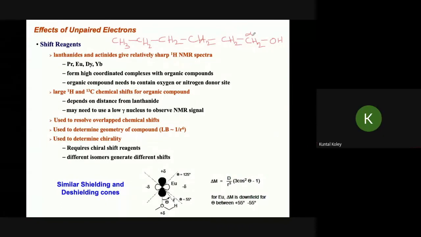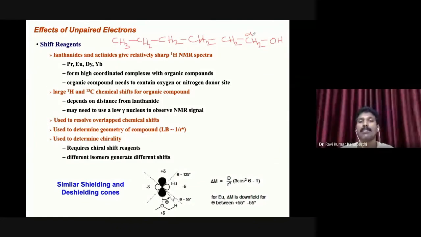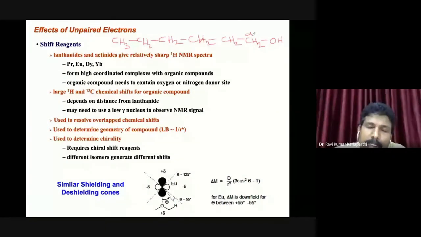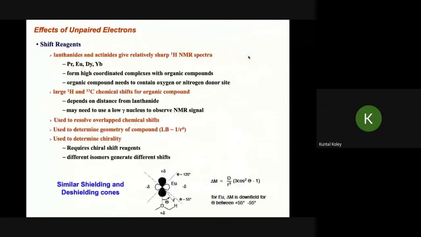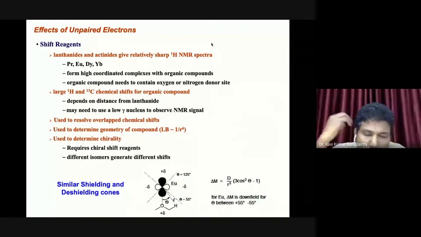CH2 protons. The alpha CH2 will come around approximately 3. I asked what is the general aliphatic methylene proton chemical shift value? 1.5 or 1.6. Correct. That is the typical range when you don't find any heteroatom adjacent to it. But here there is an electronegative oxygen atom. As a result, will it be upfield or downfield? It will be downfield, right? You can find it somewhere around 3 or 3.5.